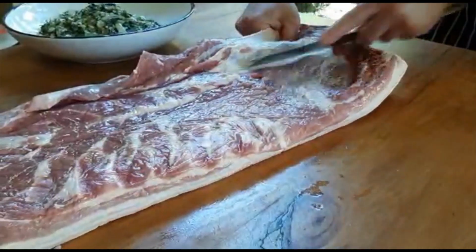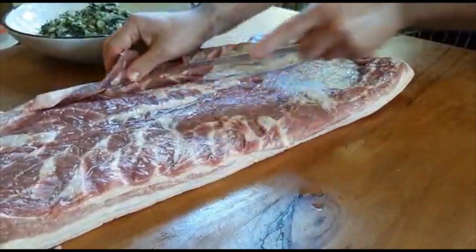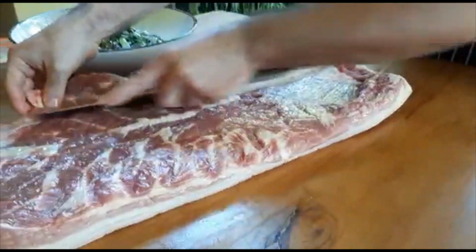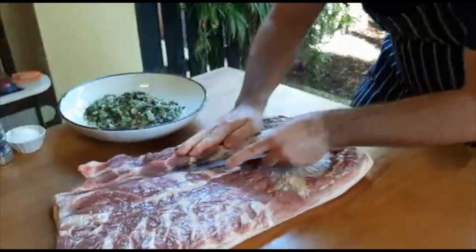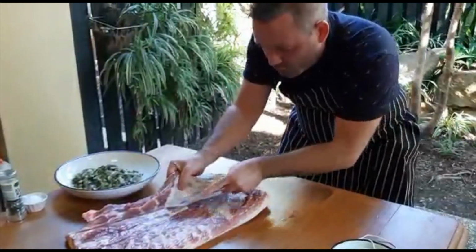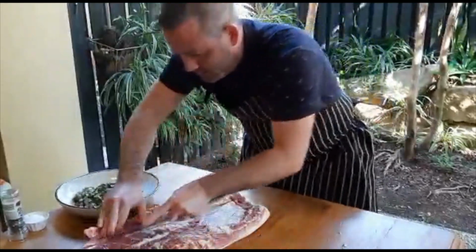This way, if you stuff it like this, when you're cooking it, that stuffing will stay nice and snug, and it won't drip out in the roasting tray. You won't lose it. It'll keep really good texture. So open one side up as far as you can go without cutting off the end there. Okay, so do that